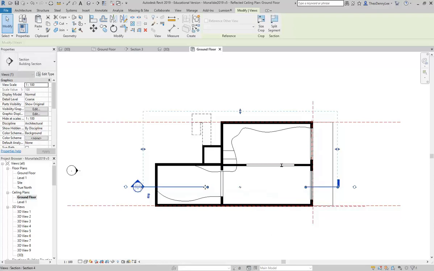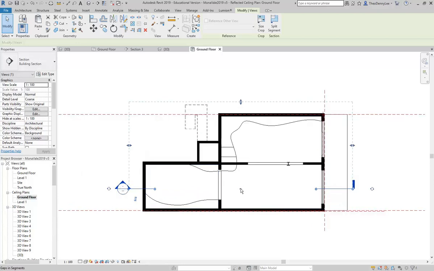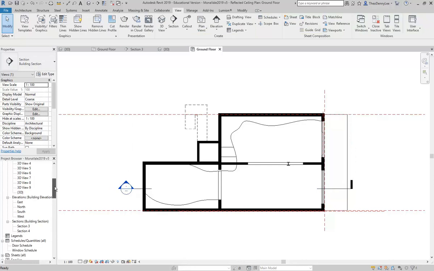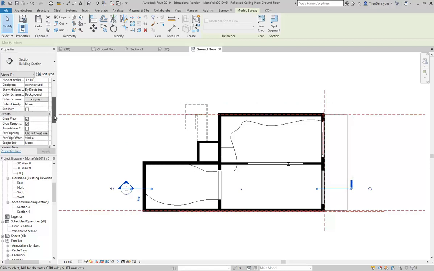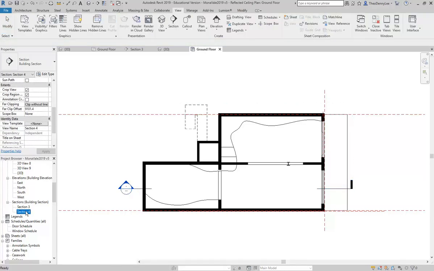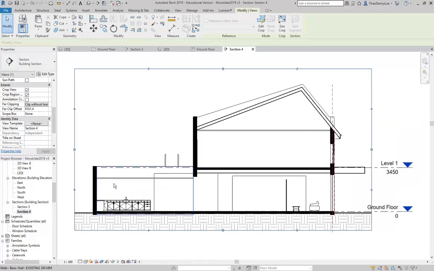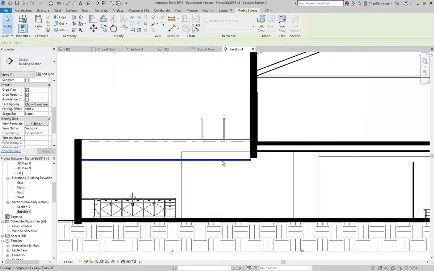And it's up to you if you want to break the middle. That's just, again, a graphical setting. So if you break it, or you can unbreak as well, that just changes the way the section line looks in the plan view. It doesn't affect the section view at all. And so now you can see I've got a new section. Which one is this? Probably 4. Yeah. Okay, so in my project browser there's section 4,